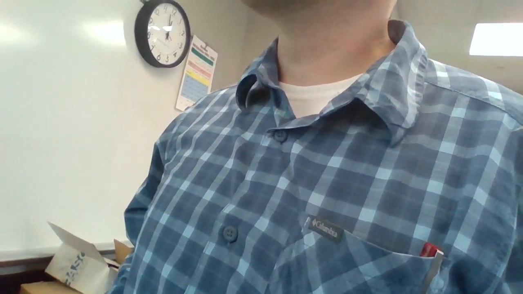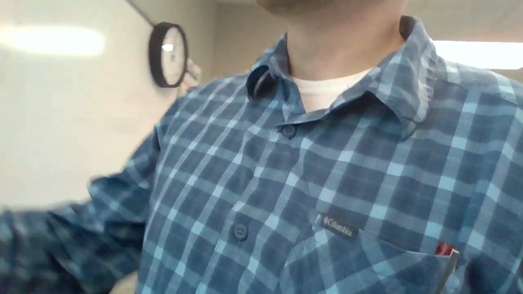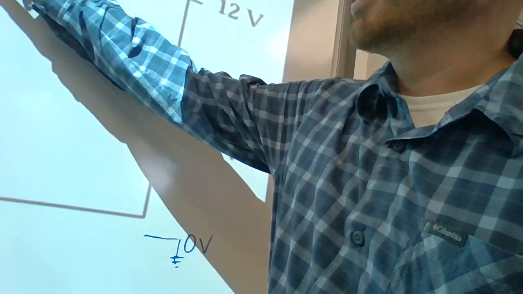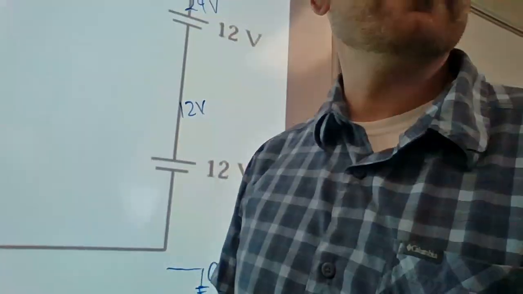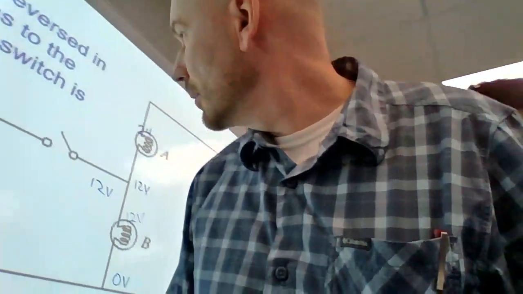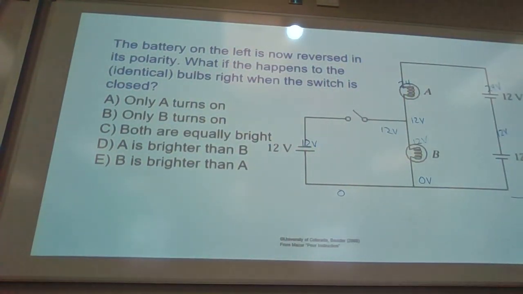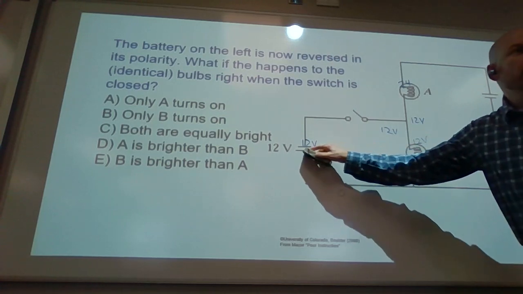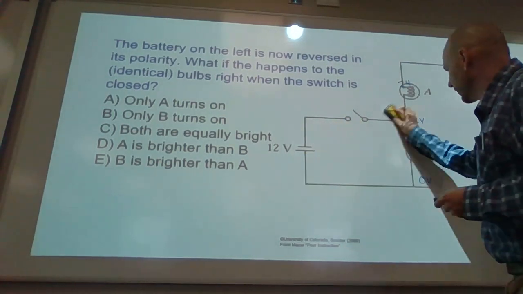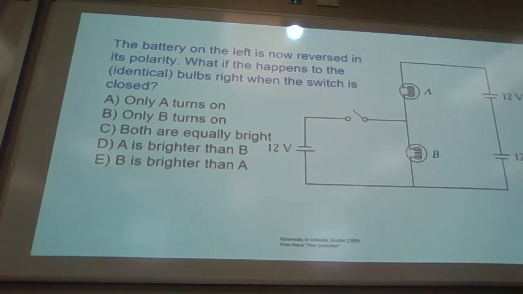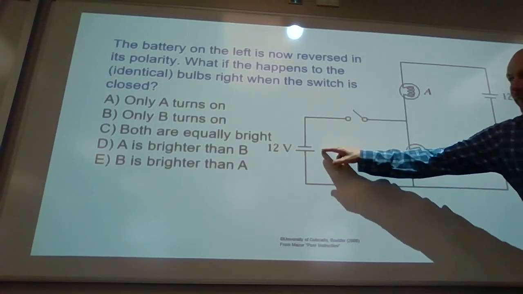How did you immediately know that this was a 24 drop and this was 12? How did you know immediately? Oh, because they're identical, and so they have to split the voltage drop. And since this one's also a 12 volt, it did nothing. Right. Okay. If it was like a 24 volt though, it would have done something. Yeah, that's what we just did. That would make it brighter. Okay, so follow-up question. We just switched the polarity of that battery, like how that battery is wired up. Oh. So I flipped that.